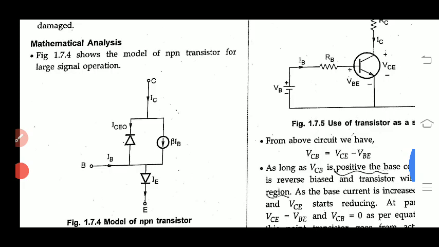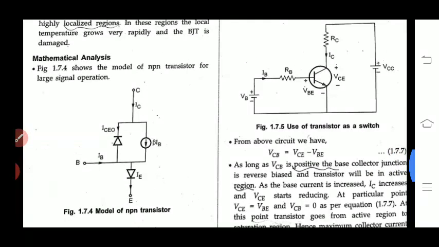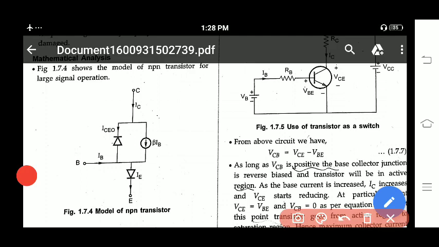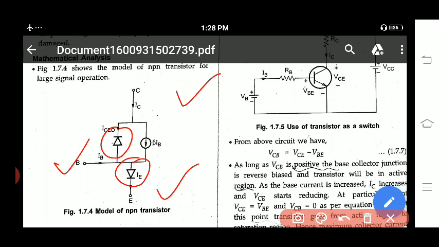Next we will see the model of an NPN transistor. The model of this NPN transistor can be shown as follows. How many terminals do you have? Three terminals: collector, emitter and base. Then here you have a diode. Here also you have one diode, and a current source will be present here. IC equal to beta into IB. This IC current is shown with the help of this current source. And there will also be a leakage current ICEO from collector to emitter, shown with ICEO.